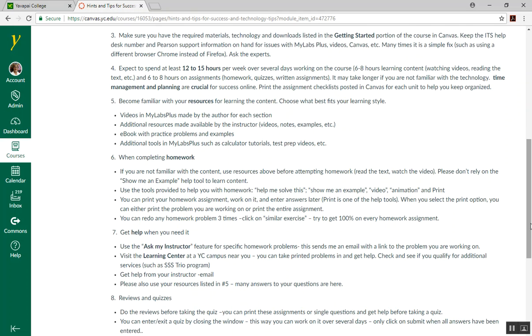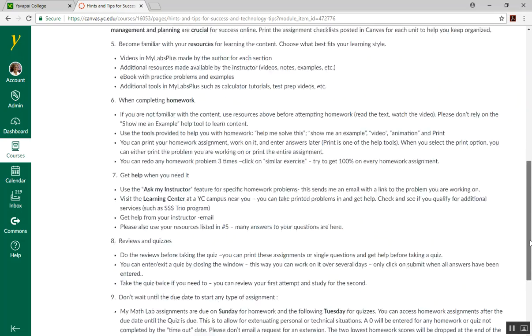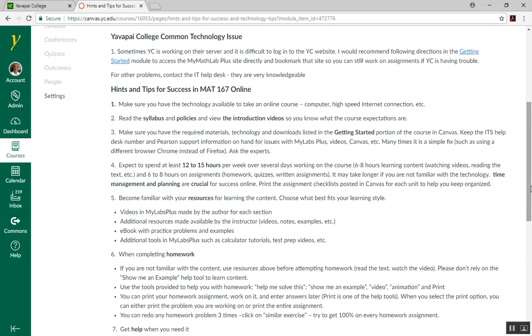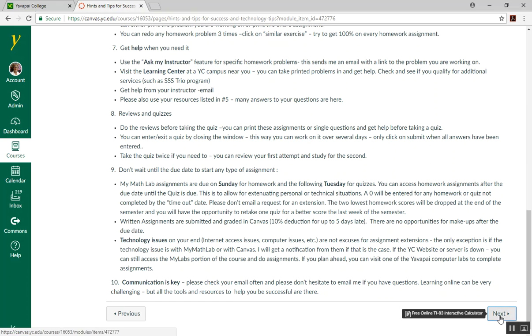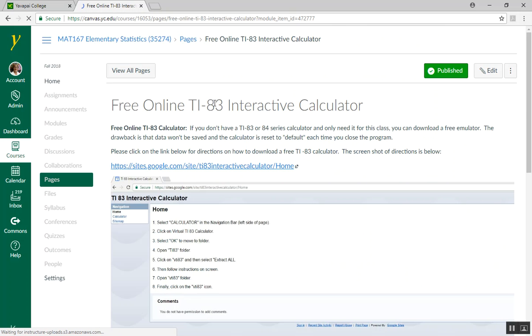I've made notes, and I'll show you where those are in Canvas, that link to examples. There are videos that show you how to do the example by hand, with a calculator, and with StatCrunch. So that's the next part of the tour I want to look at. Let me go through the Getting Started. Next in the Getting Started module,